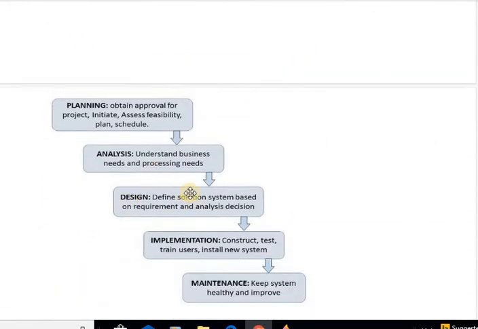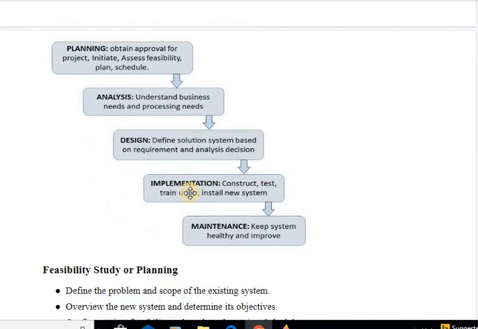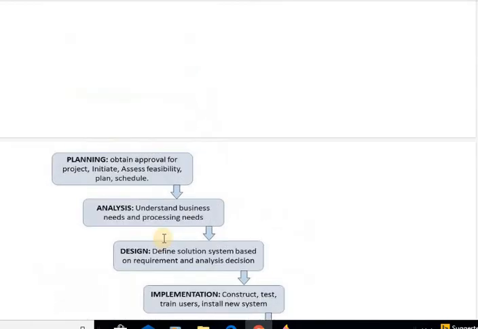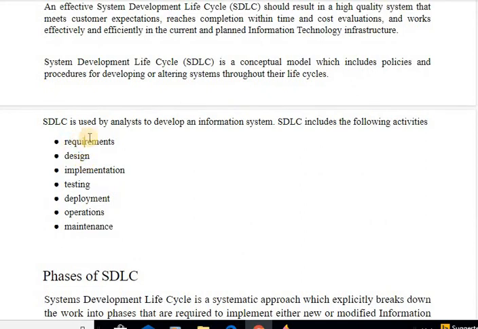The diagram says a lot in itself. Here we have mentioned planning also. These phases can be changed with other names also. At some places you will have the name as planning as the first phase, or the requirements, then design and implementation. Even the software development life cycle is very similar to these phases. So whenever we are going to create any software or any system, we have to follow these phases.